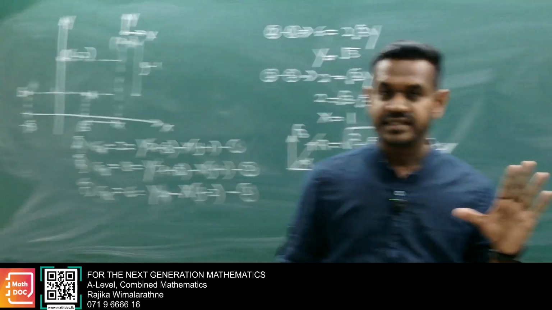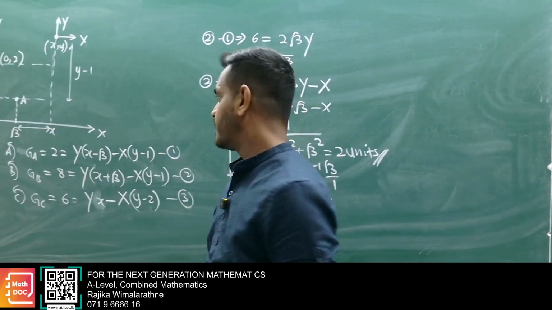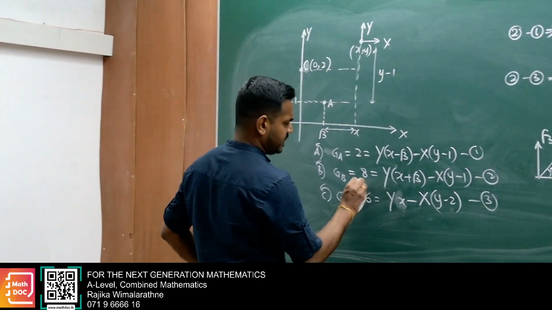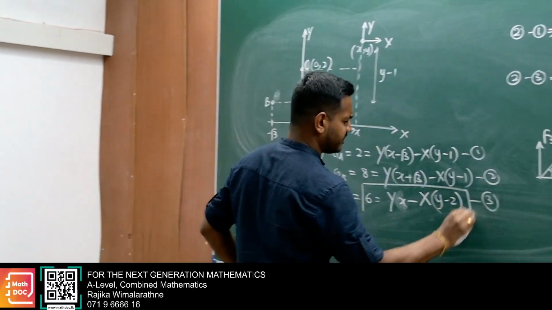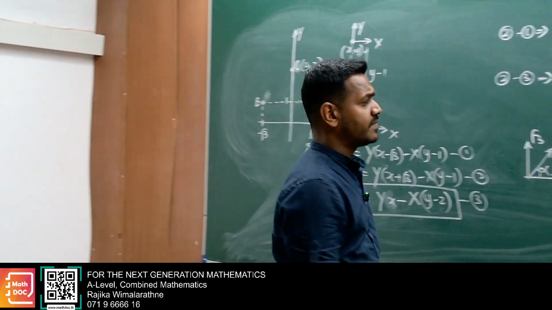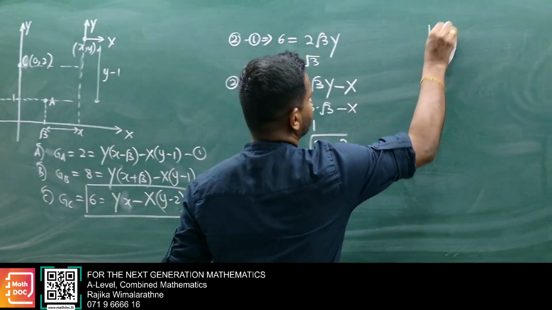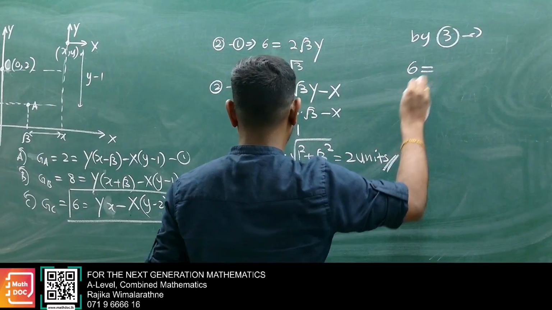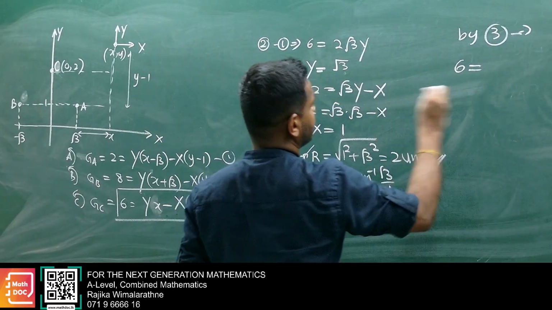Okay, then you know the x and y values. You can substitute those values into one equation. I will take the simple equation 3, then by 3, 6, here capital Y root 3,